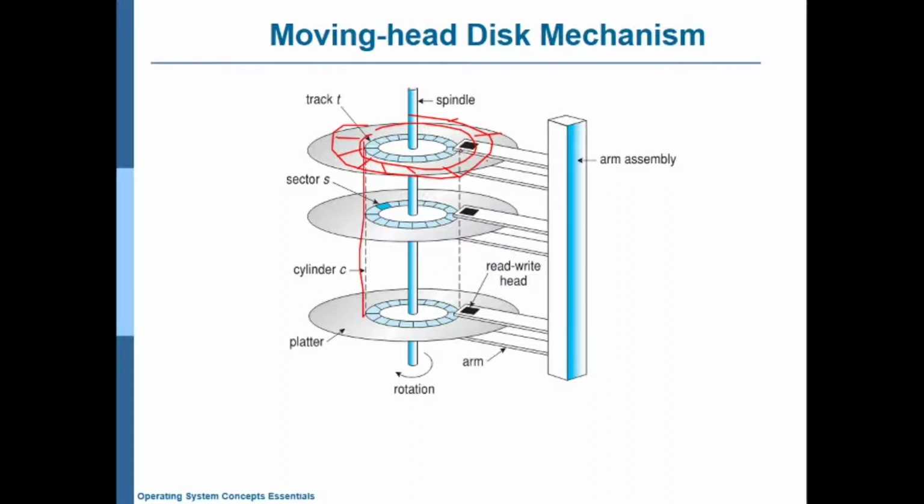So if you want to access the content in the same track in all the disks, that will form a cylinder, and that is what we call a cylinder. And there is a read-write head in each disk, as you can see. Whenever you want to read particular content from a particular sector, we have to move the arm and rotate the disk, and the content stored in that sector becomes readable.